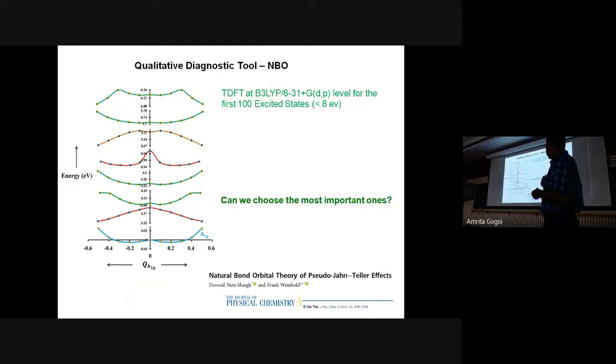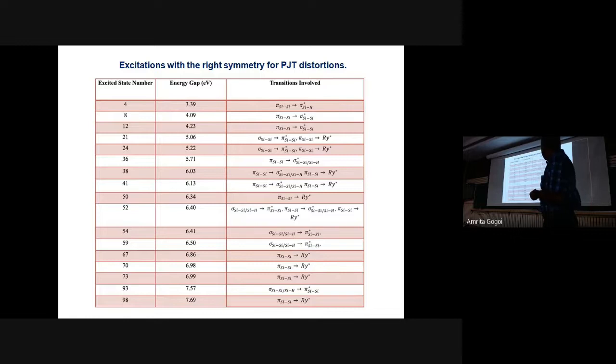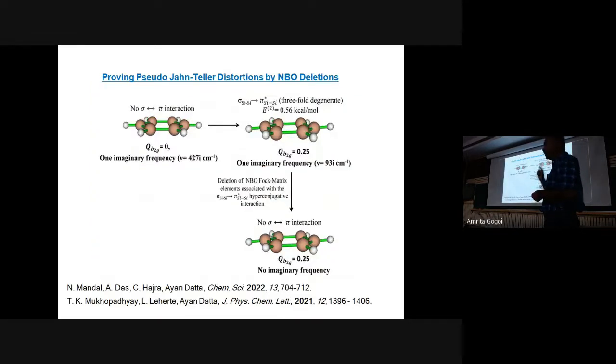We did this work with these people. And so the question is, you see there are so many states which can in principle interact with the ground state. So, how do you find out which interactions are the more important ones? In principle, each of them is symmetry allowed. So, what we did here is we selectively deleted those interactions and reoptimized the structure, and what we found is that